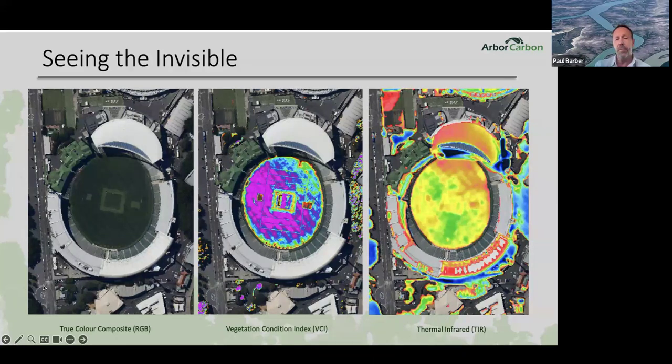I've shown you a turf example because it's the easiest to see, but we use this type of data in trees, and we do it at the individual tree scale and sub-tree scale across entire cities. And in examples like Sydney, we're going across nearly 500,000 hectares, which is 33 councils, so it's a very large area.